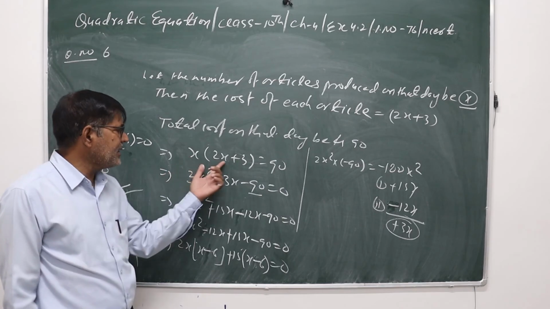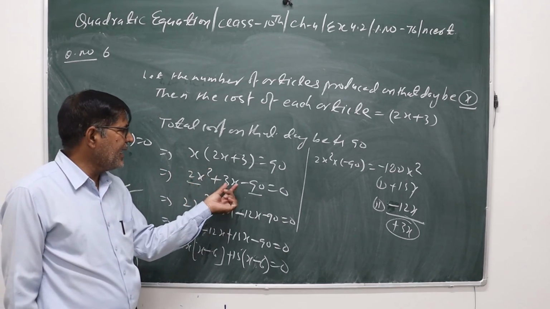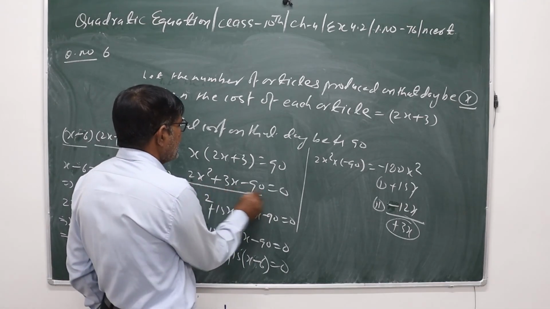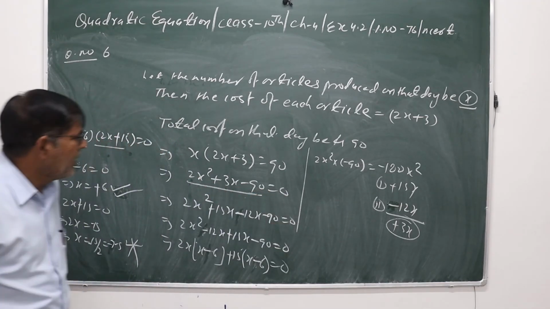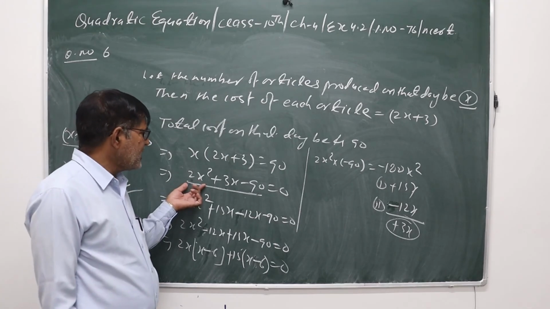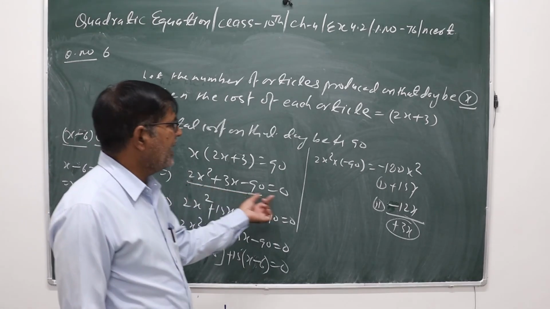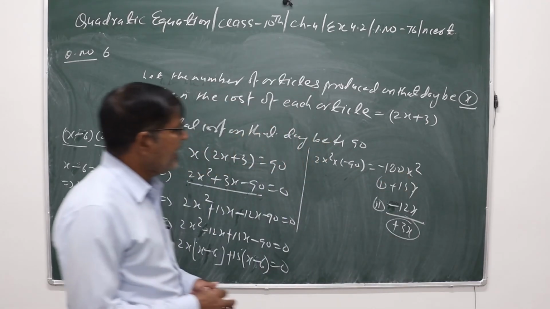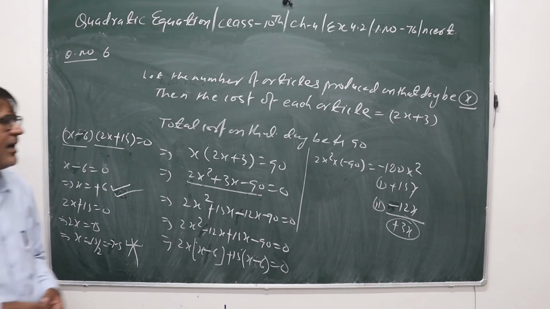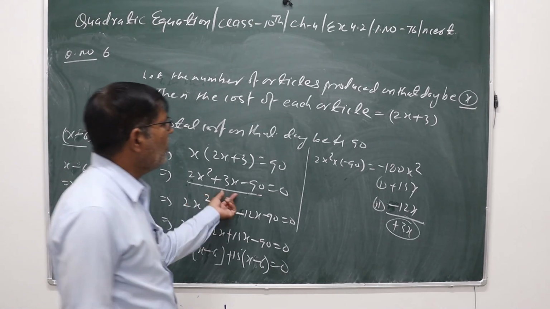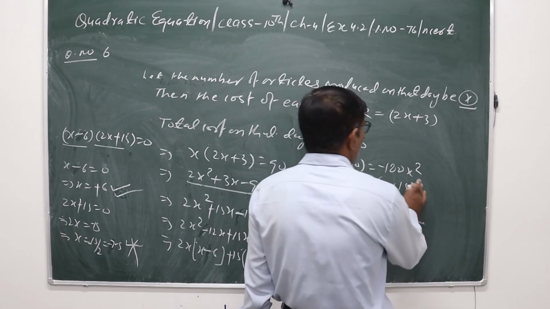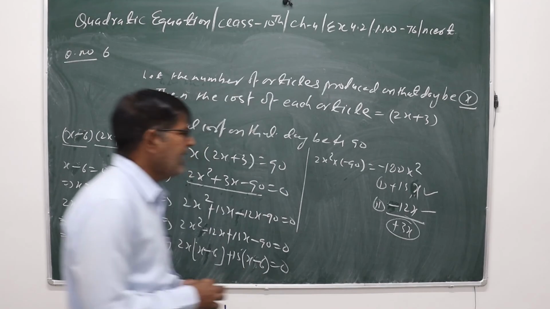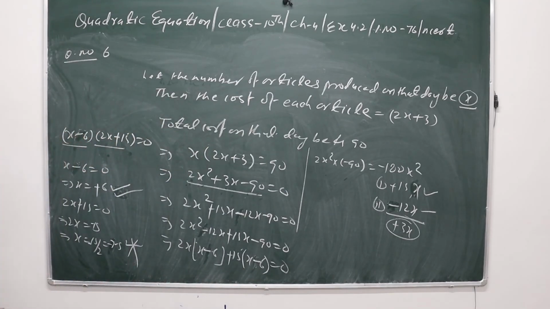If we multiply x into 2x, 2x square plus 3x and 90 को राइट से अगर मैं लेफ्ट में ट्रांसफर करता हूं तो माइनस 90 इज इक्वल्स टू 0. नाउ हाईएस्ट डिग्री टर्म 2x स्क्वायर, लोवेस्ट डिग्री टर्म माइनस 90, इन दोनों का प्रोडक्शन माइनस 180x स्क्वायर. नाउ माइनस 180x स्क्वायर के हमें ऐसे दो फैक्टर करने कि उनका सम प्लस 3 हो और प्रोडक्ट माइनस 180. सो 15x माइनस 12x अगर प्रोडक्ट करेंगे तो माइनस 180x स्क्वायर और सम करेंगे तो प्लस ऑफ 3x.